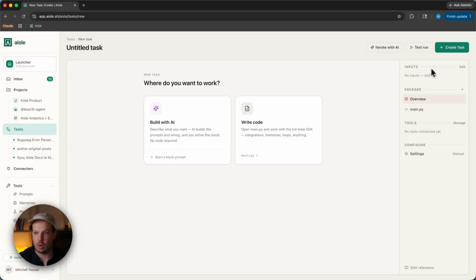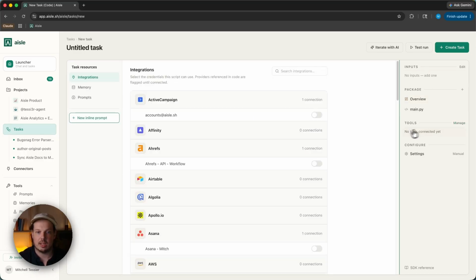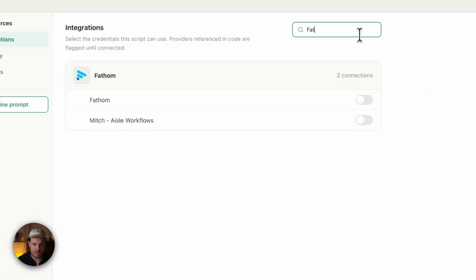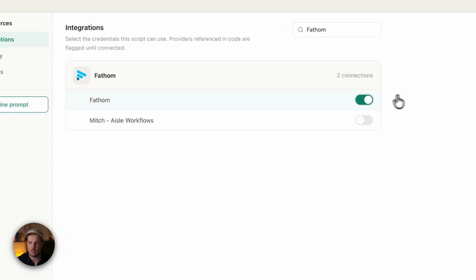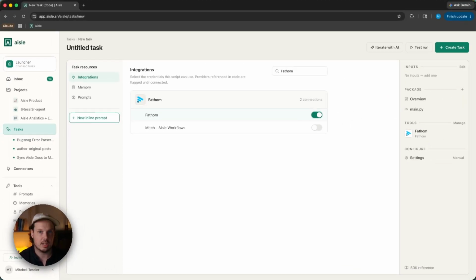First, we're going to come over here on the right, and we're going to go to Tools. This is a part of the settings that allows you to manage which integrations are able to be called by this task. So we're going to search for Fathom. You can see here I have a couple of different credentials. I'm going to select this one. And now this task container has the ability to fetch calls from Fathom that are mapped to these credentials